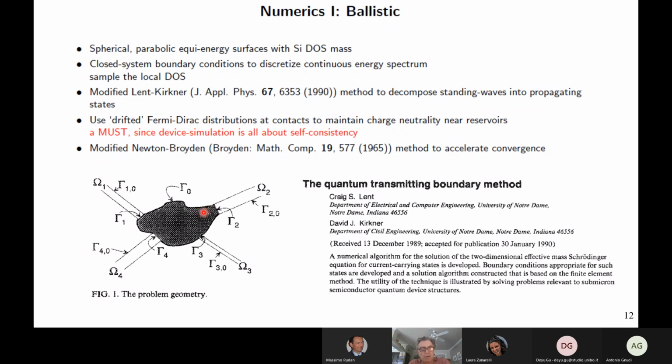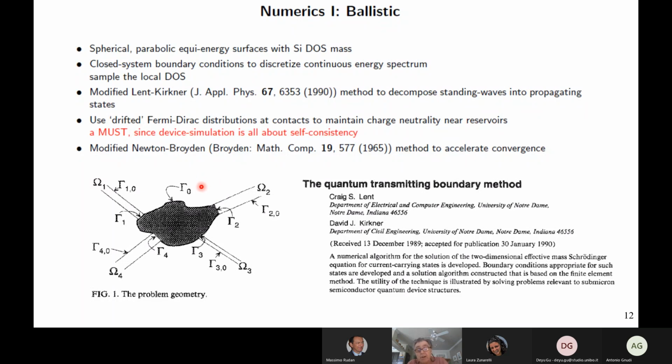Under relaxation, which is sort of slow, and Newton's method is dangerous because you have to be very close to the solution in order to converge, but if you do, you converge very fast. Typically, people use a mixed method, which is a mix between the Newton method and a method which has a general validity called the Broyden method, which essentially